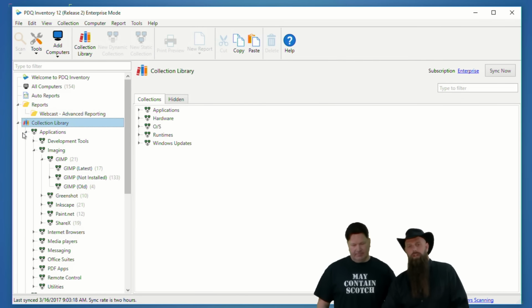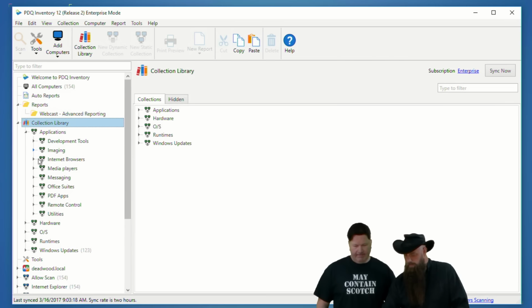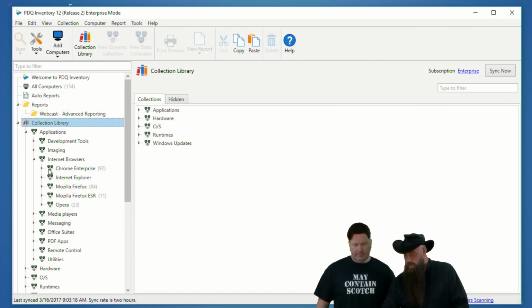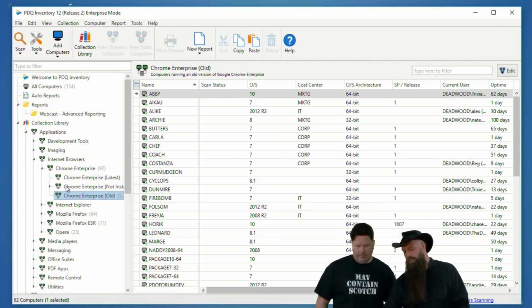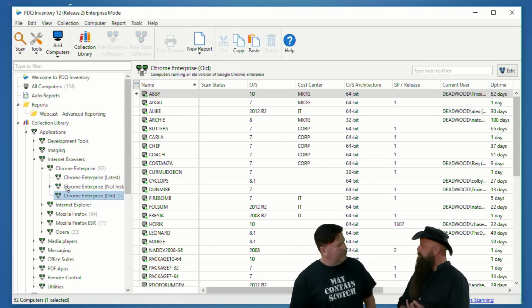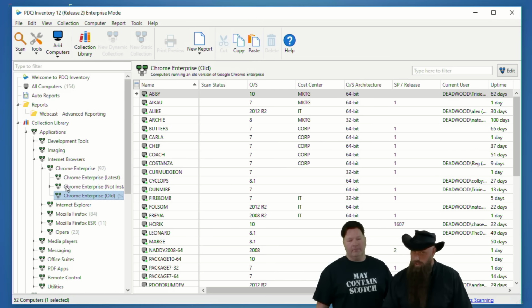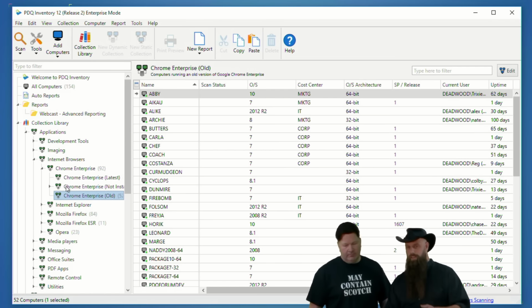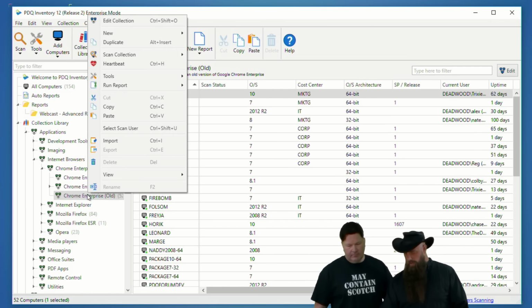So number one, you want to say the wrong version. We'll go out to internet browsers. We'll do Chrome Enterprise, Chrome Old. Now, these are machines that have Chrome, but they have an old version of Chrome. But they could all have various versions of Chrome. What we're going to do is